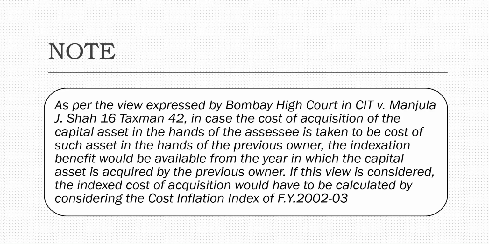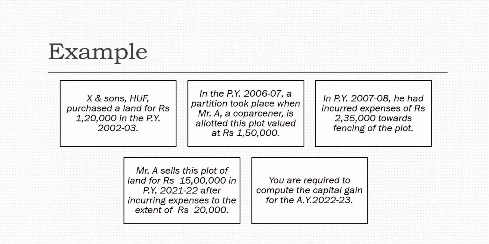2003. It says that if the cost of purchase of such asset in the hands of previous owner, the indexation benefit also will be available from the year in which the capital asset is acquired by the previous owner. यानी कि अगर हम कॉस्ट ले रहे हैं प्रीवियस ओनर की तो हमें वो डेट भी प्रीवियस ईयर की लेनी चाहिए जिस साल में उसने खरीदा था. So we are only taking one part, there are two parts. When I purchase the property, let's go to the question: this property was purchased at 1,20,000, so this 1,20,000 has become frozen